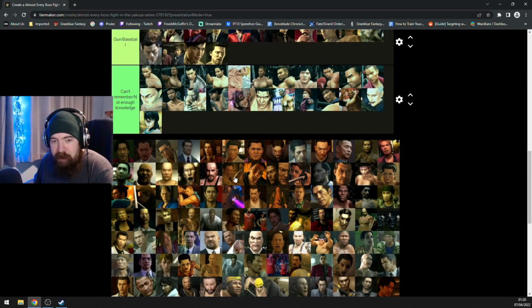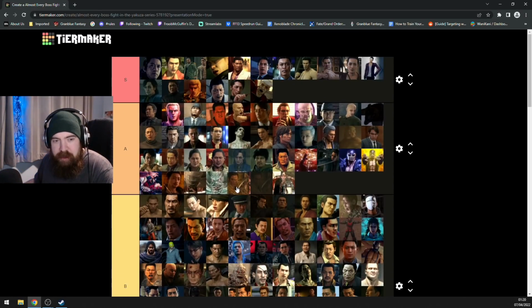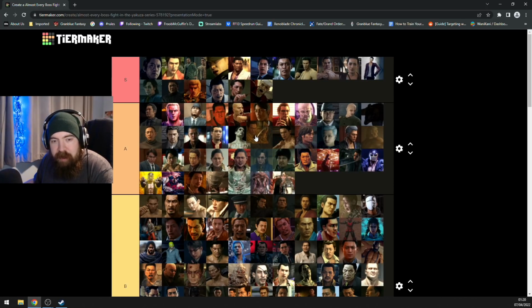And now we start getting to the good stuff. Oh, hey, Kuze. We start with Kondo. Kondo the Shinsengumi gets an A tier. He gets a reasonable A tier. I think he's above